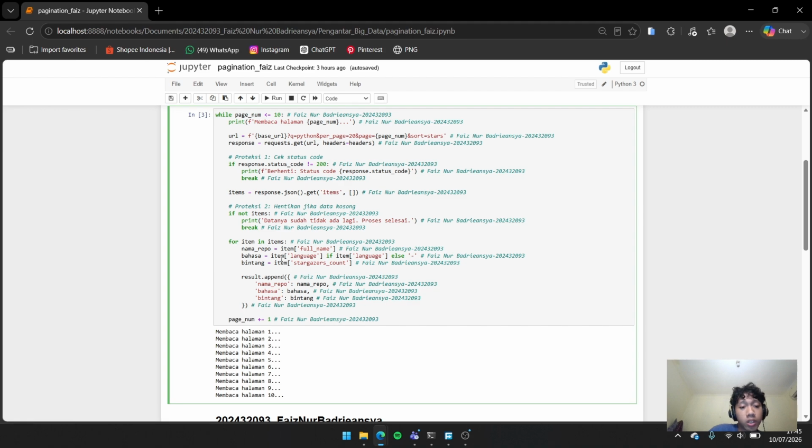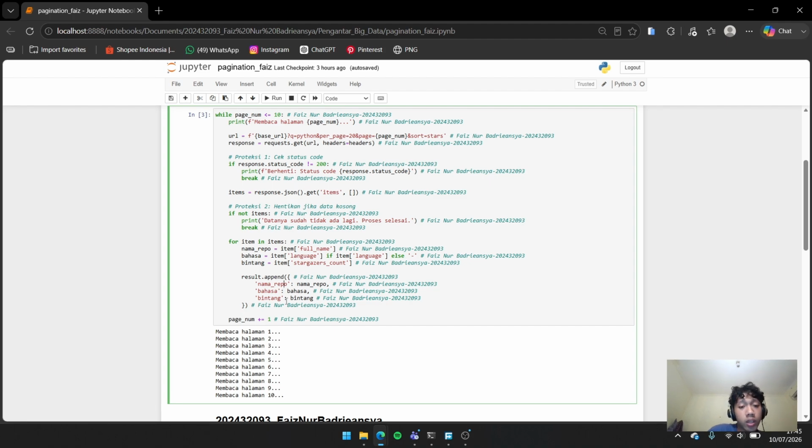First, the name, which is the full name of the repository, and the second, language, and the third, stars, the number of stars. And then the result append: the package data is put in a dictionary and added to the result list using append.